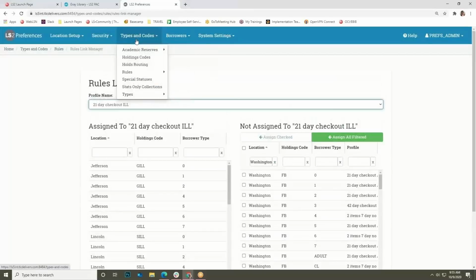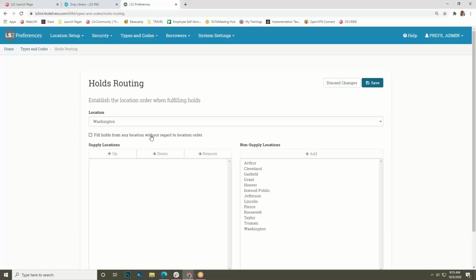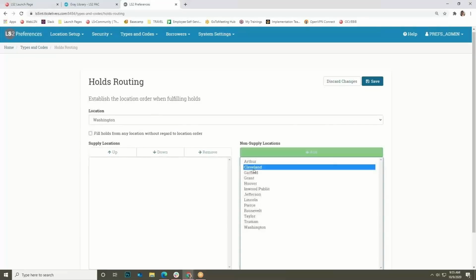Back up to Types and Codes, Holds Routing. This will give you the option to create specific hierarchical lists of locations that holds can be pulled from. By default, it is set to fill holds without regard to location, but you can set these lists up in a specific way,